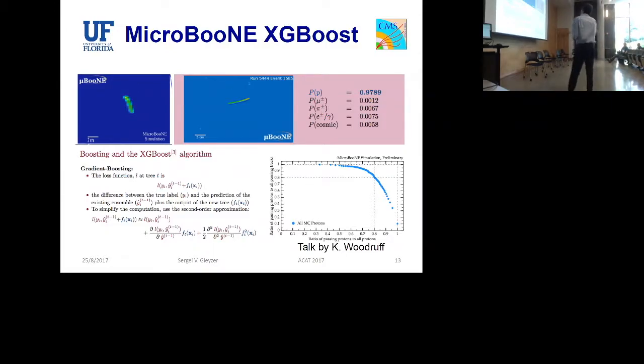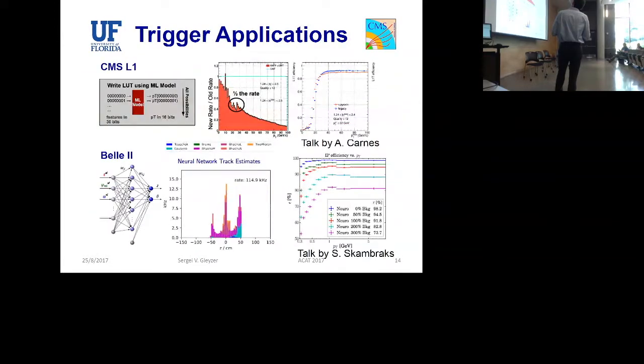And this particular one looks at protons and how efficiently you can find them, and uses this particular variant of boosting algorithm applied to decision trees, which seems to work quite well. It's quick, and this is just one application, but it really has taken off as well. There are other results based on that. Applications to the trigger.